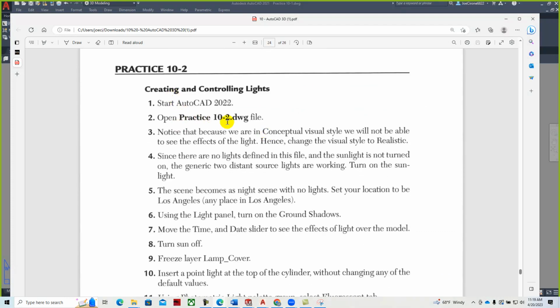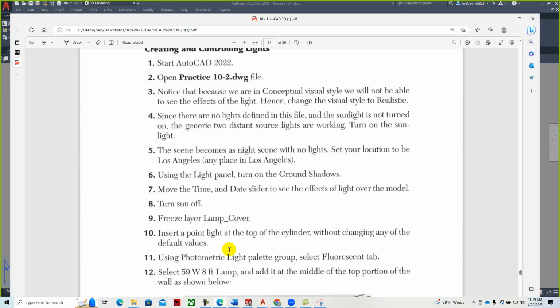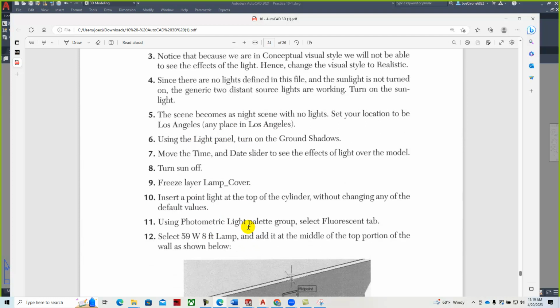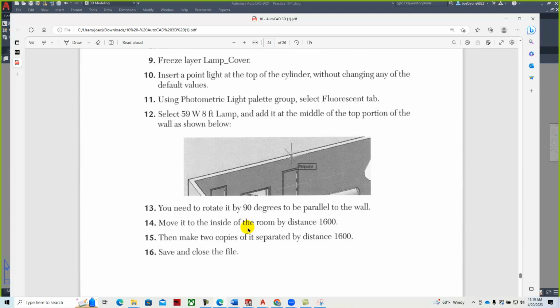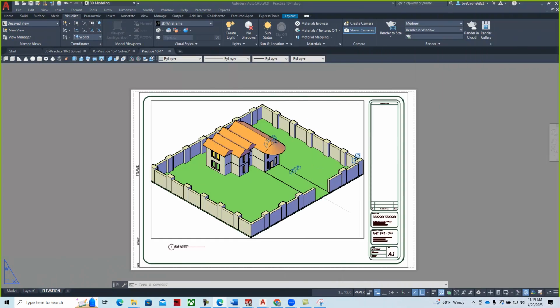we're going to open up the practice exercise, and we're just going to create some lights within the scene to be able to add and be able to view that. And this is a great way to work with mechanical drawings as well. I may ask you, Al, to chime in because this is an area I think that you're better at than I am. If we go back into the D2L